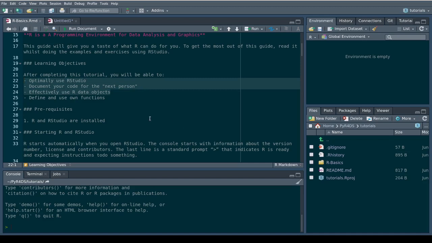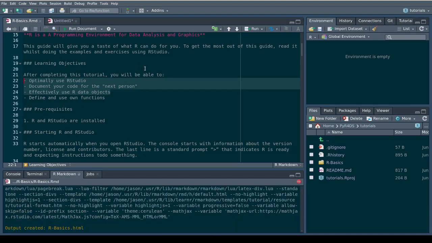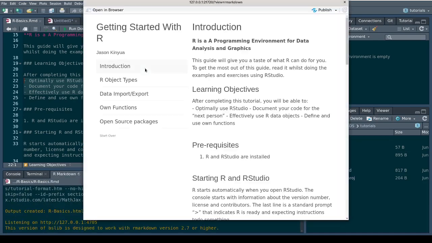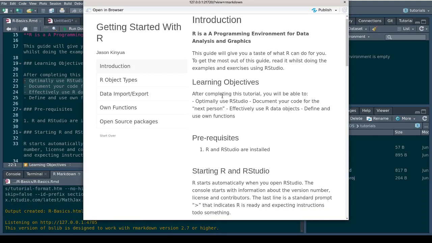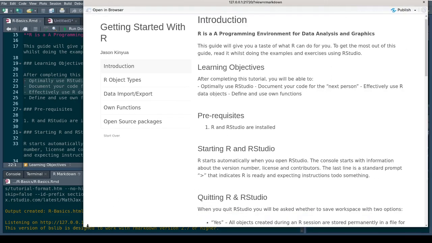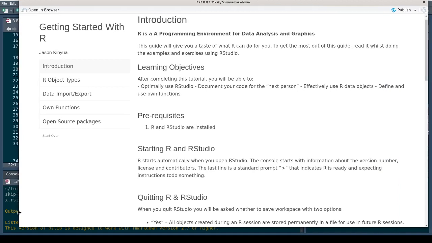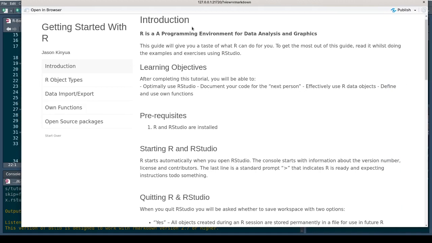I have modified it to use a learnR package that enables us now to browse this Markdown in the form of a tutorial page. Let me show you how it will look. This is how it looks. Maybe I can use this one to present the theoretical bit and come back to RStudio when we have covered most of that theoretical stuff.